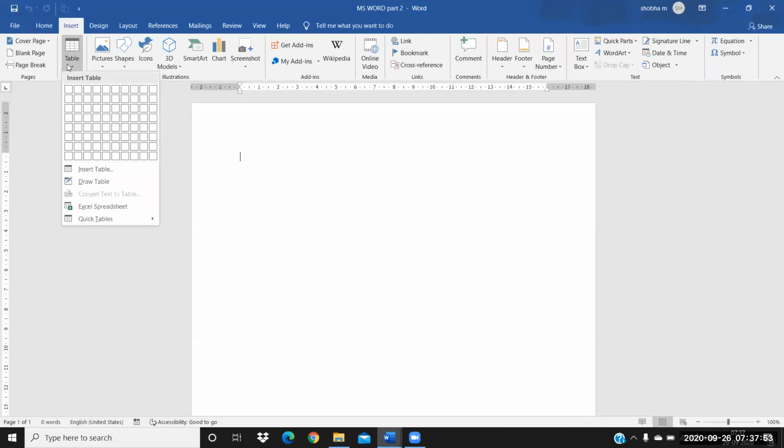Like in Excel, if you just open Excel and see, you have rows and columns. So here also you will have a table. Tables means it will be rows and columns only. So you have to insert the number of cells required for you, and ultimately that number of cells will show you the rows and columns here. So for example, I'm going to insert one table for you and I'll show you how to write data within that table after inserting.